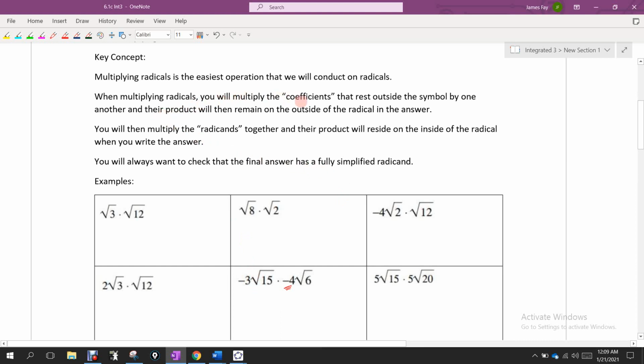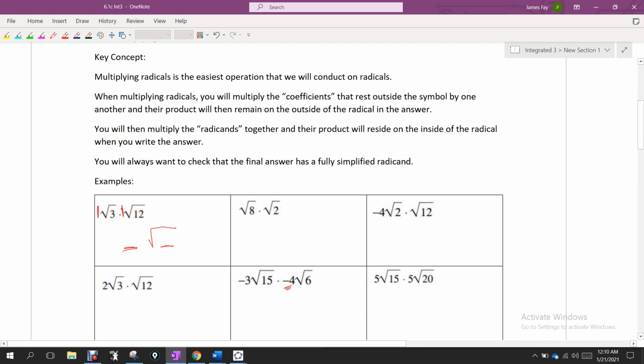So when multiplying radicals, you will multiply the coefficients that rest outside the symbol by one another, and their product will then remain on the outside of the radical in the answer. So when we're doing these problems, there's going to be a number left on the outside, and there's going to be a radicand. So there's going to be a coefficient for our answer and a radicand for our answer. That coefficient for your answer comes from multiplying the coefficients that are in the problem. The number that becomes the radicand is going to be generated by multiplying the radicands that exist in the original